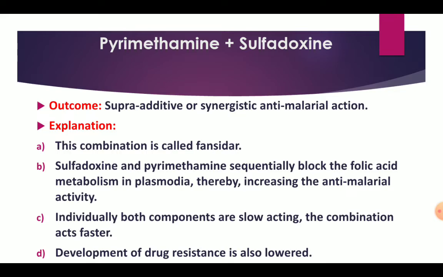So here are a few examples. Pyrimethamine and sulfadoxine. Outcome: supra-additive or synergistic anti-malarial action. Okay, explanation, you can give a few points like this: the combination is called Fansidar. Sulfadoxine and pyrimethamine sequentially block the folic acid metabolism in plasmodia, thereby increasing the anti-malarial activity, such and such things. Okay, next you can see